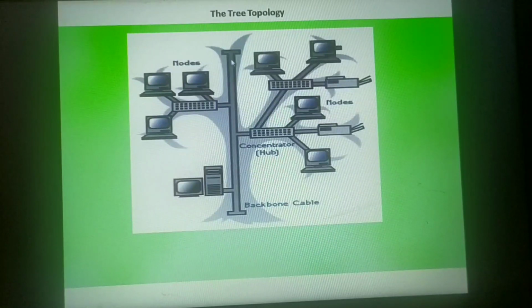Now that packet has the capacity to travel along the length of this cable. When the copy of the packet arrives at this point, again it will be received by the hub, which in turn gives a copy of that packet to its connecting nodes, and the same copy will be forwarded to the nearest hub, and this hub again distributes the same copy of the packet to its connecting nodes.